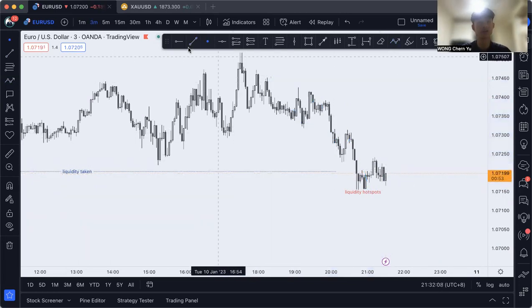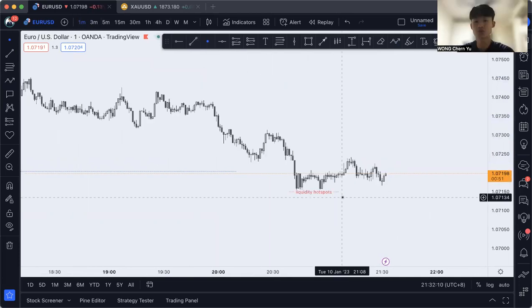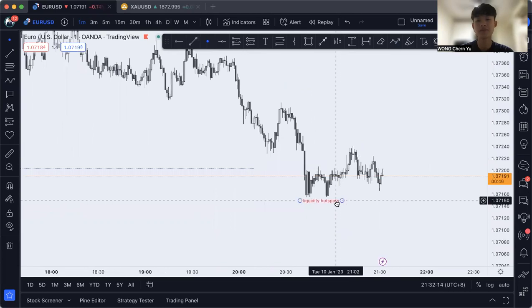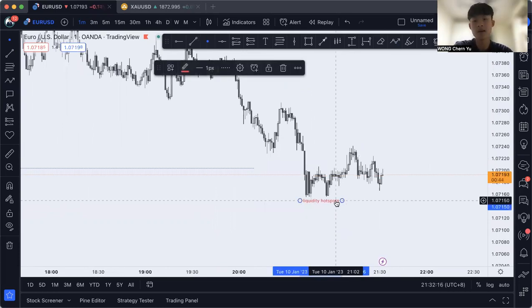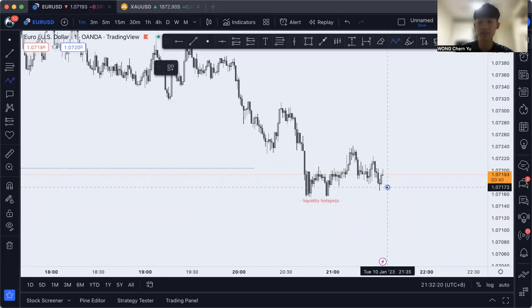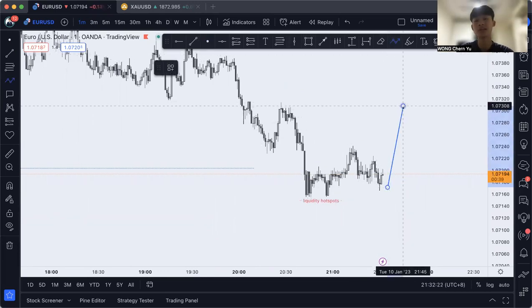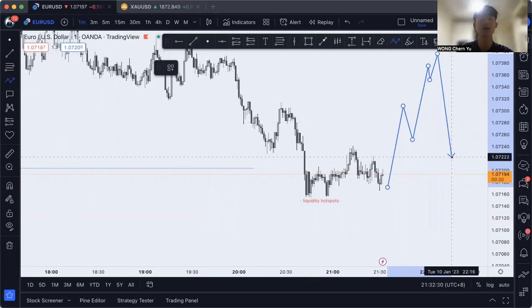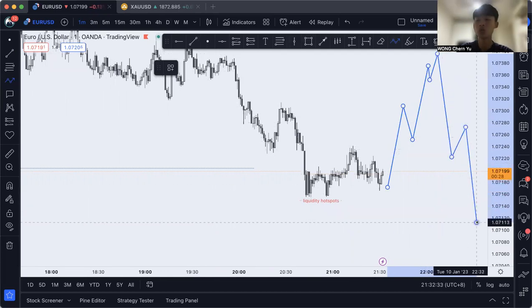So the question right now is, must price sweep liquidity before heading up? Of course, there have been many instances where we see price not clearing liquidity and actually continue heading up. But this does not mean that the liquidity hotspot would forever be uncleared, because price can eventually go down any time, maybe in a month's time, a week's time, a few days' time, to continue and clear that